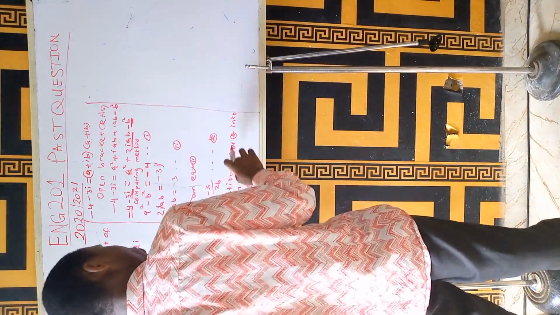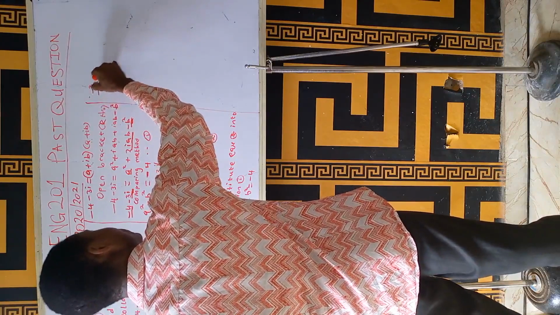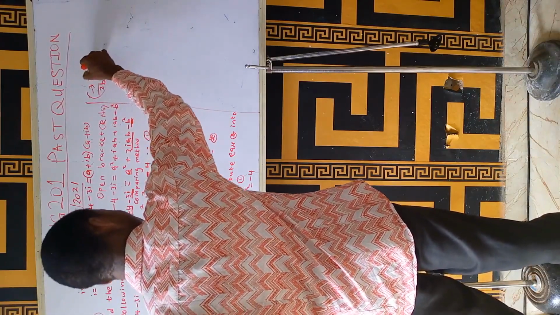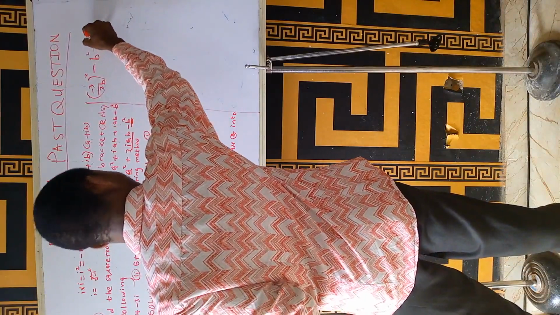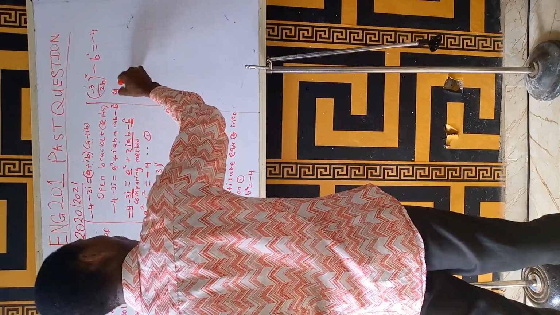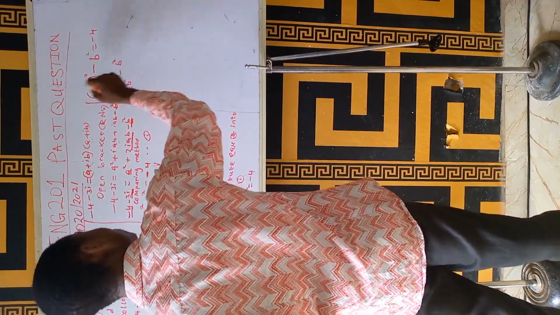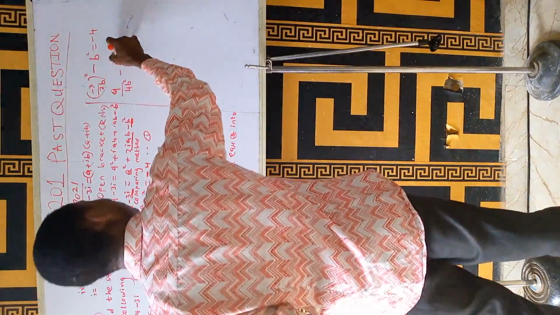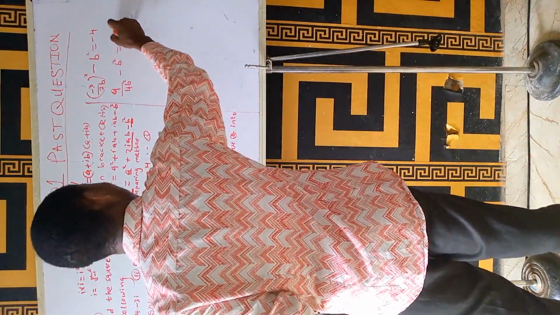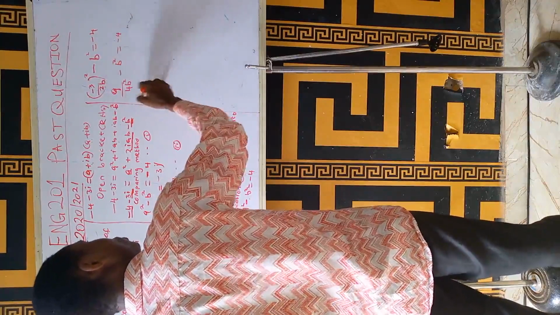When you substitute star there, you have minus 3 over 2b all squared, minus b squared, equals minus 4. This one will give you 9 over 4b squared, minus b squared equals minus 4, because 2b will be squared. And this 9, you can find the